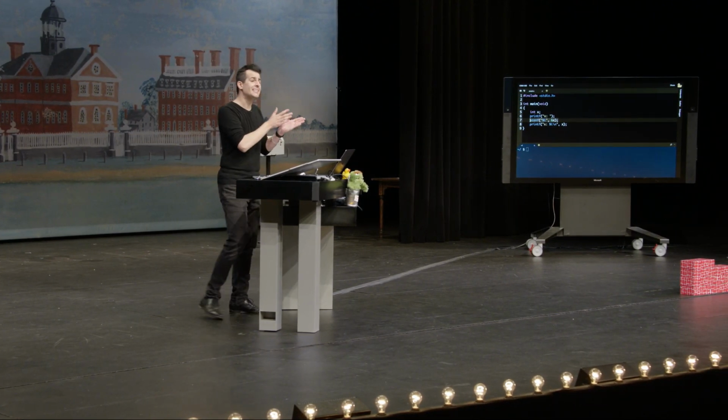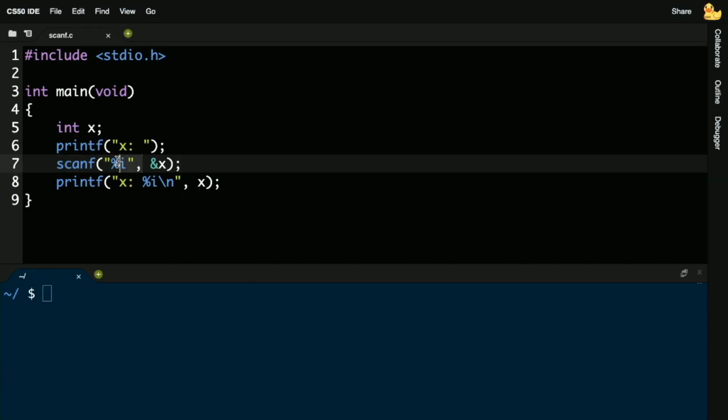So if we didn't use the CS50 library in week 1, you would have been writing code like this just to get an int from the user, and you would have had to understand pointers, and you would have had to understand ampersand and stars and so forth. It's just too much when all we care about in the first weeks are loops and variables and conditions and the fundamentals. But here we now have the ability to call scanf, tell it to scan from the user's keyboard, so to speak, an integer, or %f would give us a float or other such codes, and pass in the address of x so that scanf can go to that address and put the integer from the user's keyboard there.